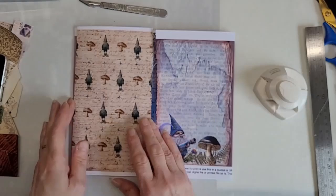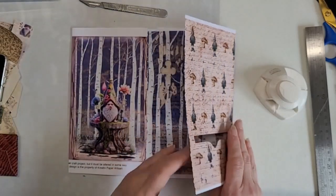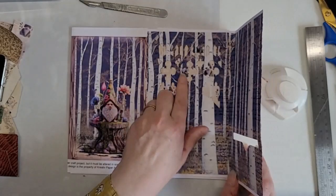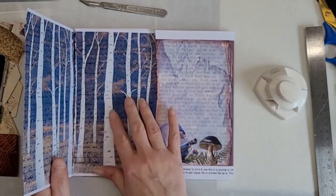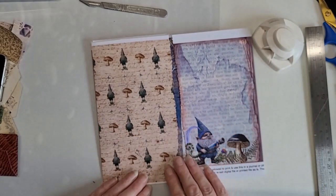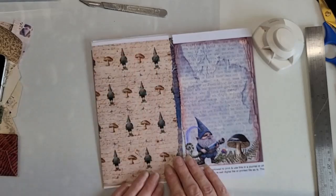So this page, now remember this, although this page here has forest, the cutout behind it, over the page of course doesn't, because it's a different page. So what do we want? Do we want anything in here? I'm just kind of, do we want to leave this one as is, or do we want,